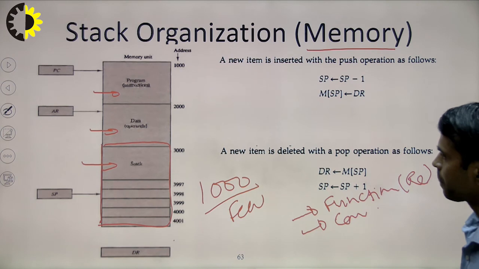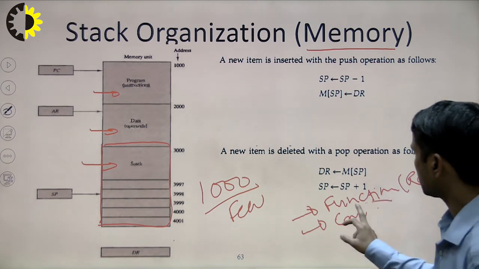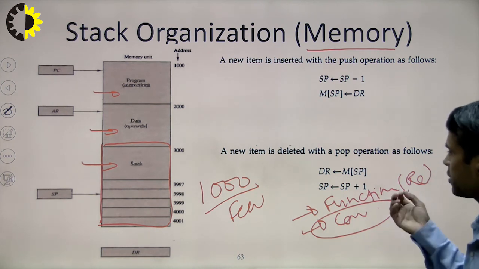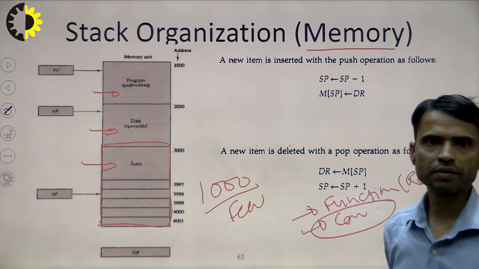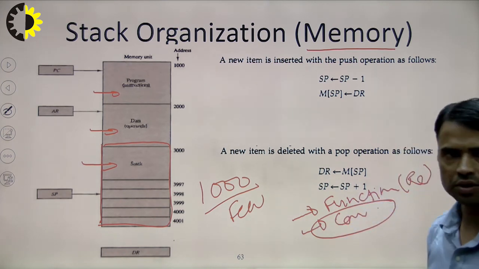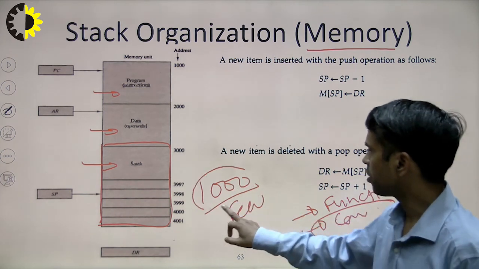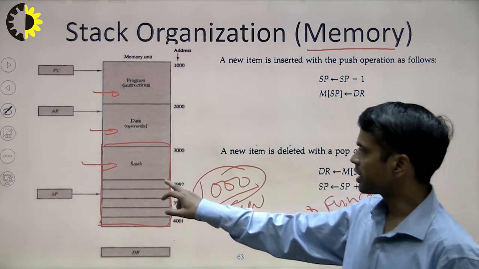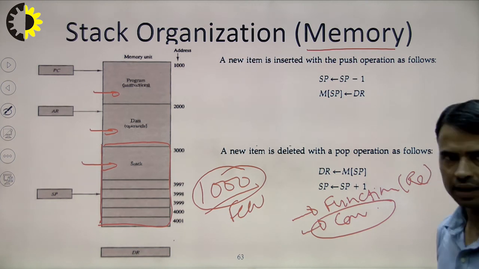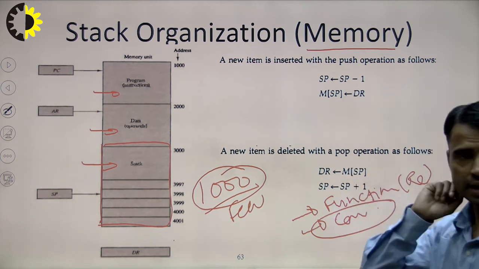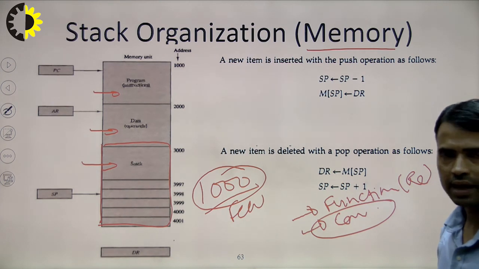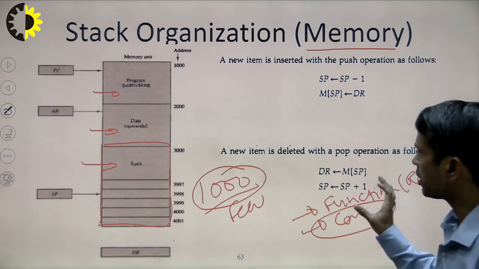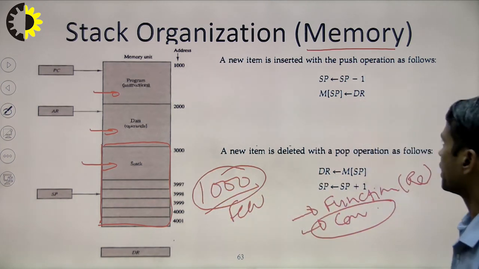The main purpose of this is the functional requirement of recursive calls, because usually a recursive call is of deep depth. For example, if we are calling a function 100 times, since lots of space is available, the function can be recursively called 100 times and their positions can be stored here in the stack. Conversion can be done in the register itself because it needs only a small stack, and the functional requirement of recursive calls can be fulfilled in the memory-based stack organization.